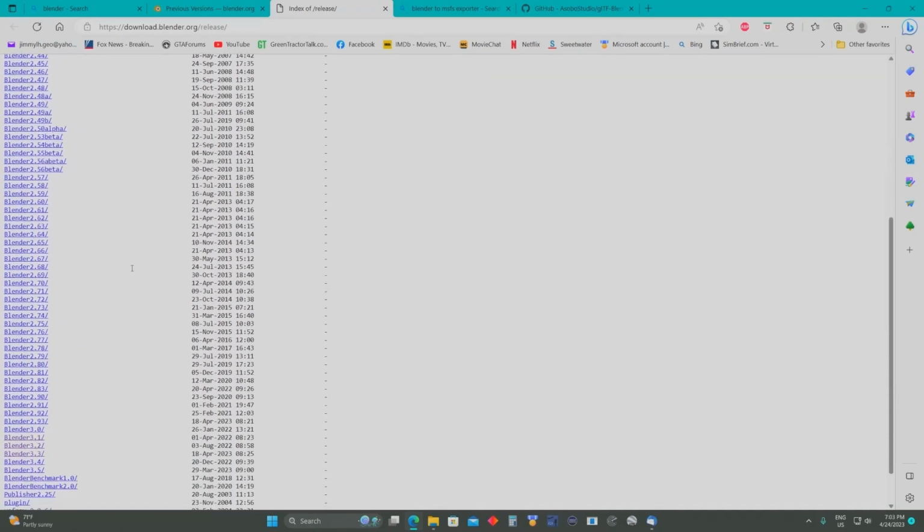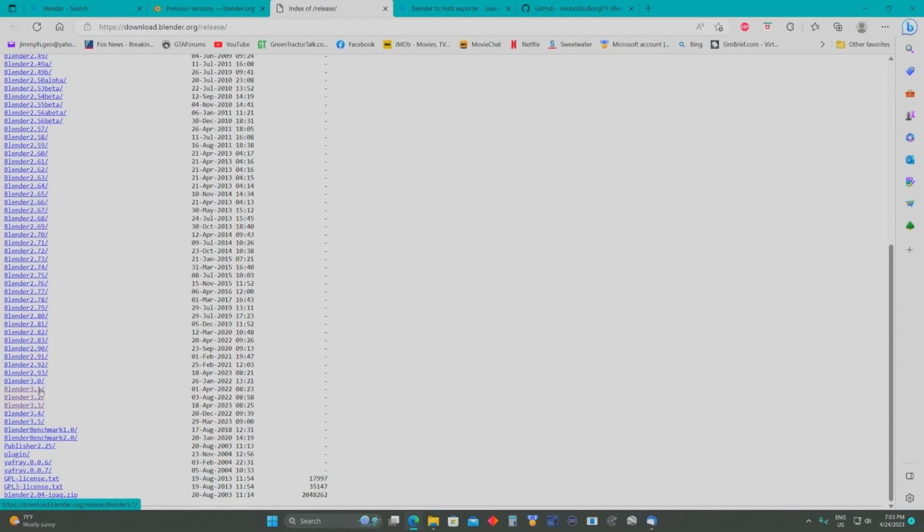And you want to scroll down, and my recommendation would be to use either 3.1 through 3.3. I'm using 3.1, but the latest version of the exporter is supposed to be compatible with 3.3, and I'll show you how to